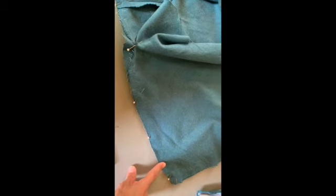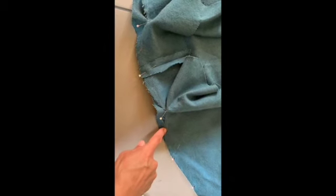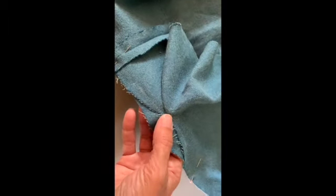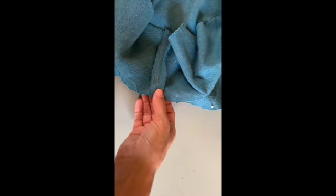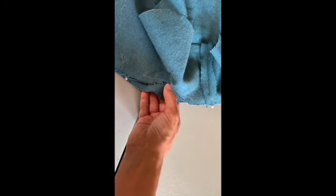Okay, I'm all pinned all the way down, and I'm going to take this to my sewing machine, and you're going to sew either 1.5 centimeters or a little over a half inch. And what happens when you sew, I'm sewing along this line, it should hit your pivot stitch that you did earlier, and you're just going to follow that. You need to make sure you get that little point and that you sew right through that. Continue on following that stitch line from your pivot point,